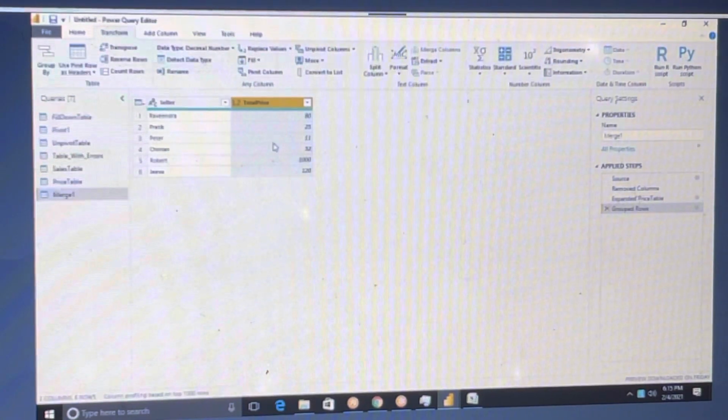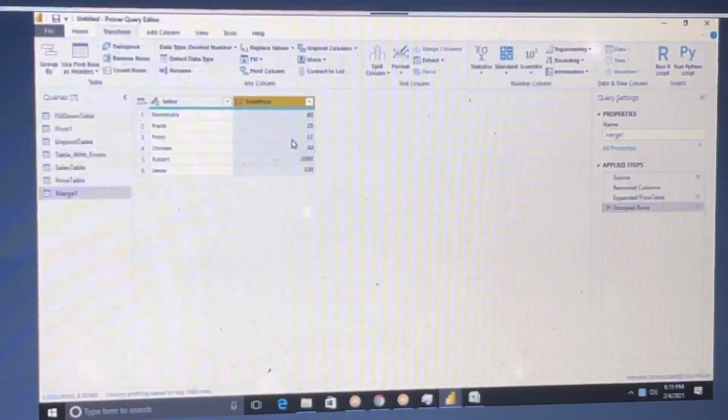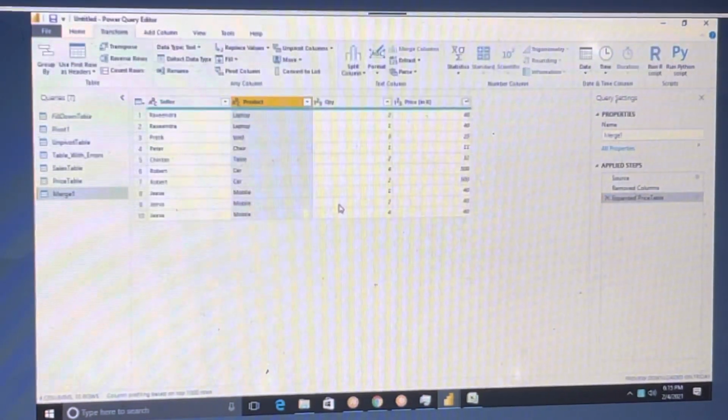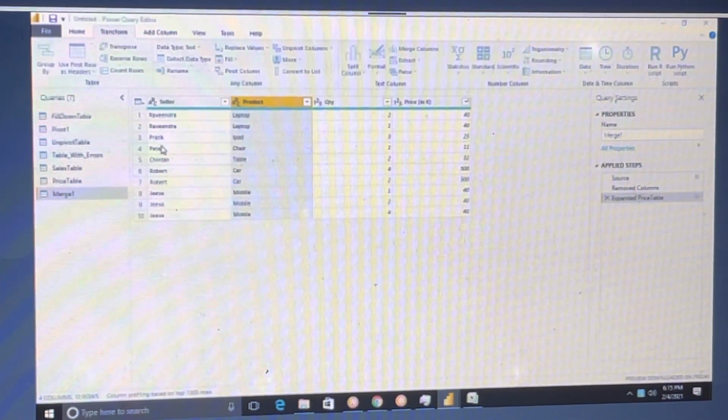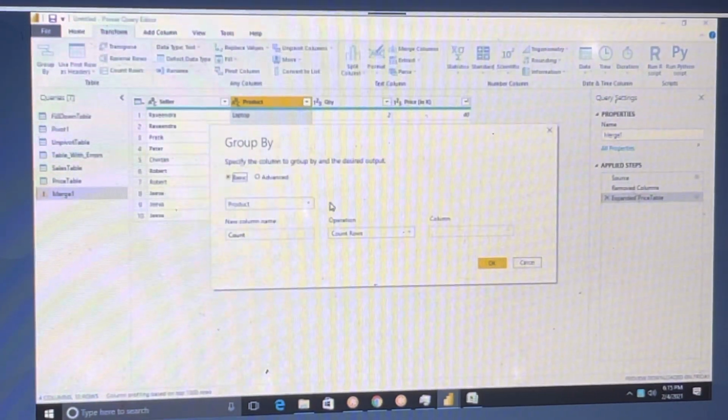See, the total is the same. We want that, so delete this group rows. Go back over there for grouping. Okay, group by seller.